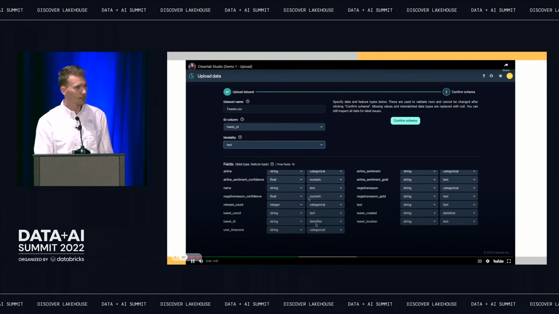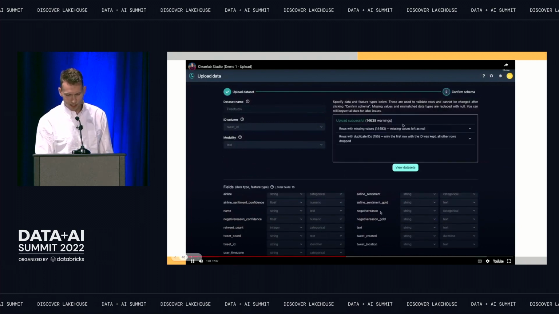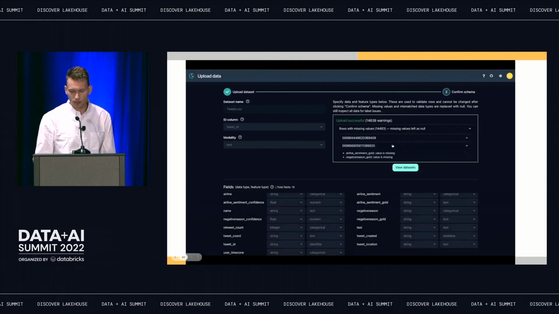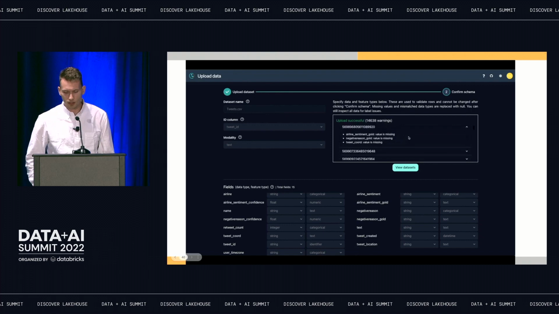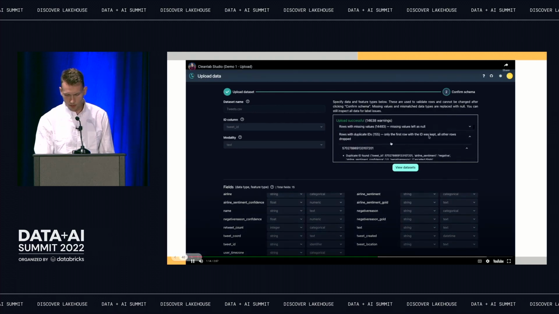It'll find all the fields for you, and then you can click this. We support light mode and dark mode because everyone has to do that. And then I'll just show you really quickly. For folks who have used data profiling tools, it will do this for you. If you have any errors, like missing values or duplicates, it'll find that for you and tell you where they occur. And you can just download that and use that if you want.